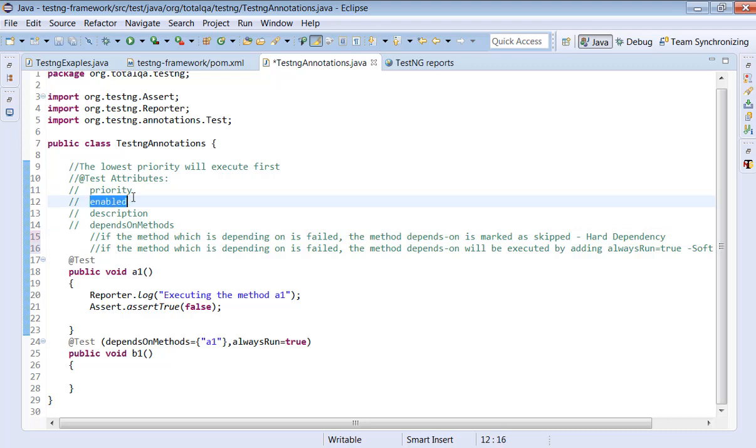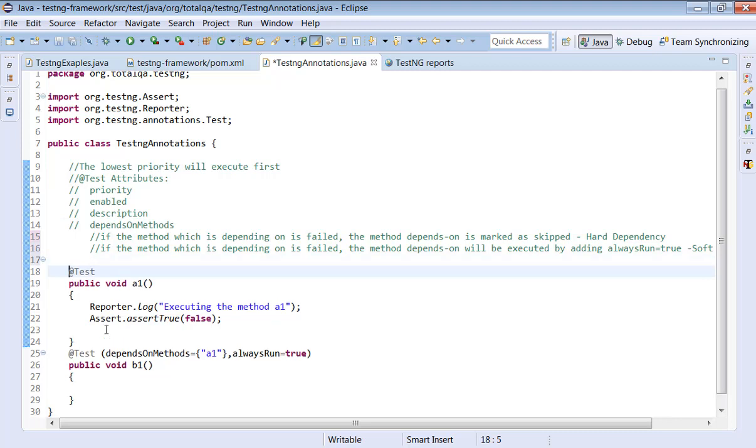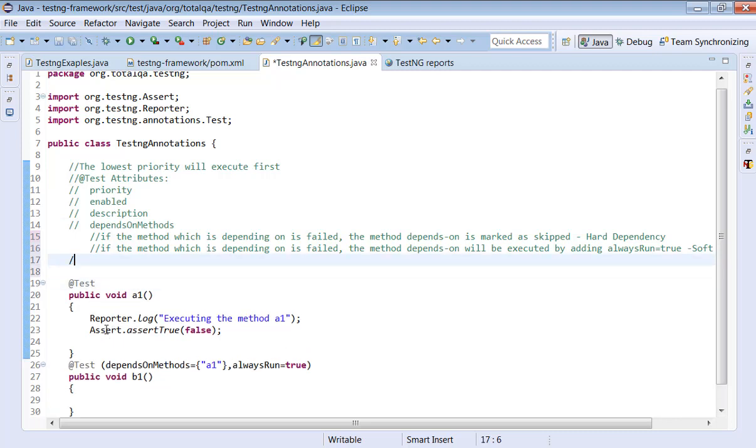Now, priority we have covered, enable we have covered, description we have covered, dependsOnMethods we have covered. There is one more attribute called timeout. Suppose we give a timeout of 5000 milliseconds. If the test case is able to execute within the 5000 milliseconds, then the test case is passed.